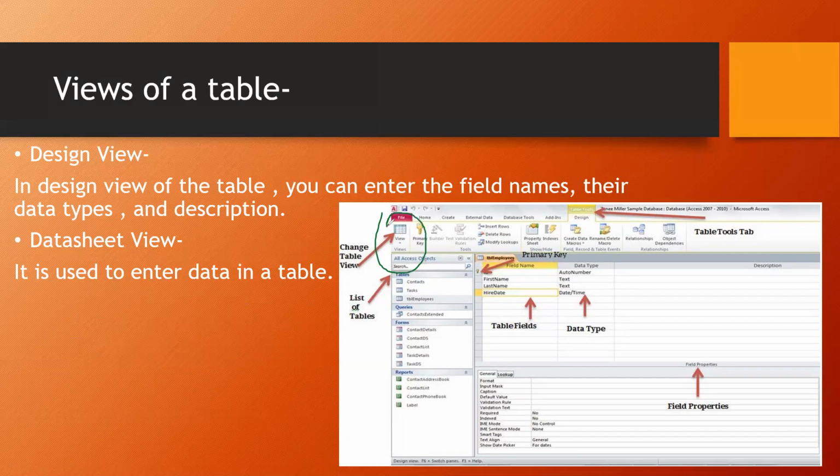For example, I give you a black sketch pen and a sheet, and I tell you to draw a flower. What will you do? You will draw the outlines only. All right. That outlining is done in your design view, where you are outlining the field names. You are defining that inside my table these will be the field names, and then you are defining their data types, and the description is totally for the user who is making it. That means why I'm using this particular field.